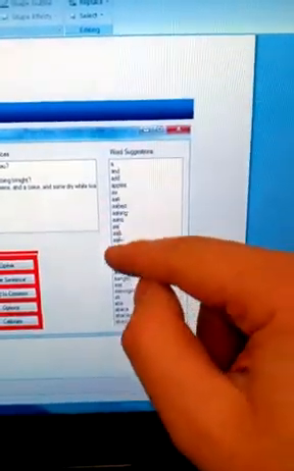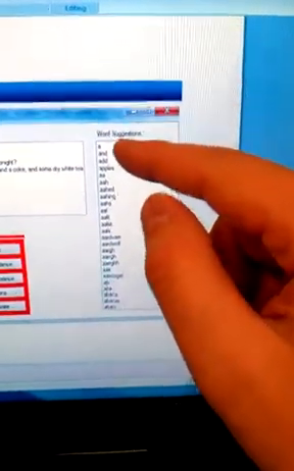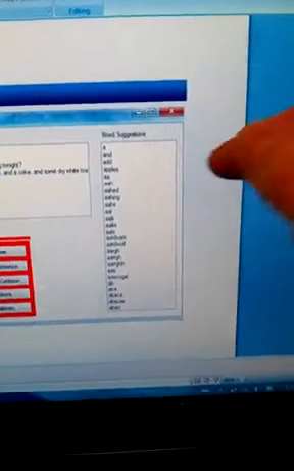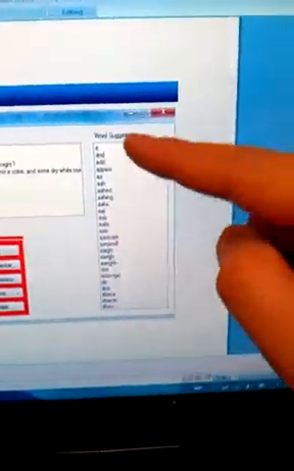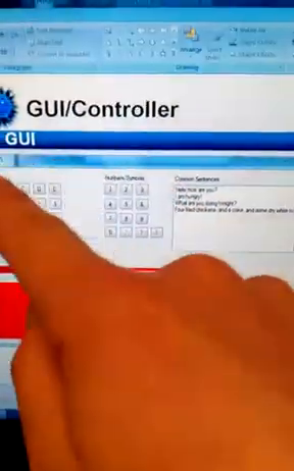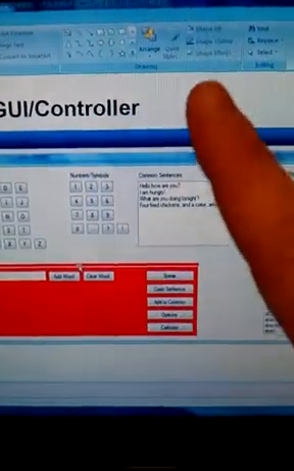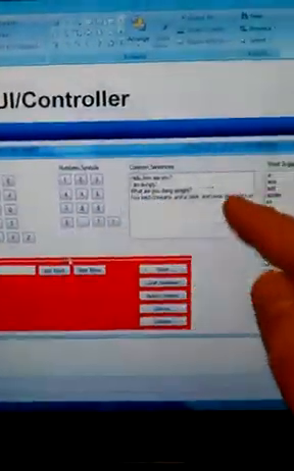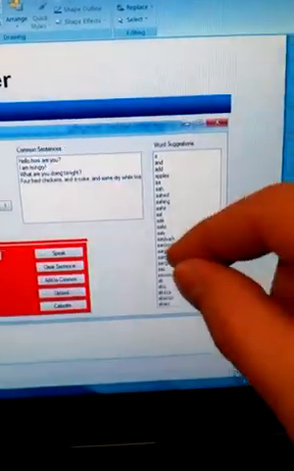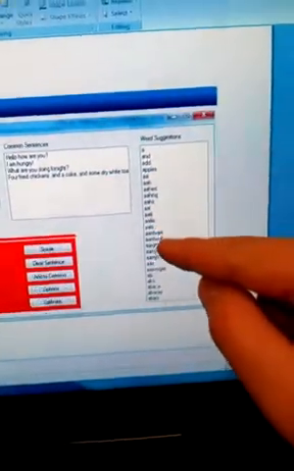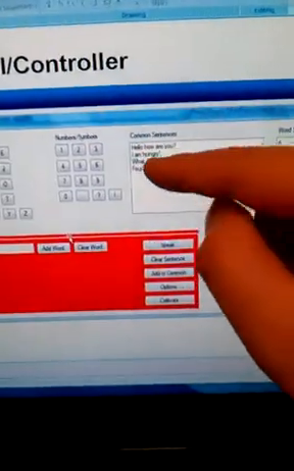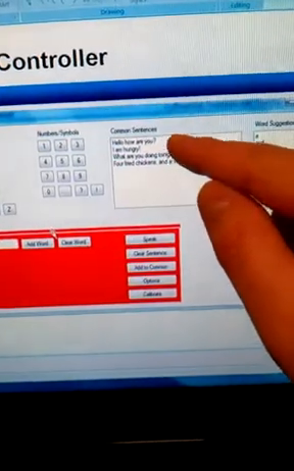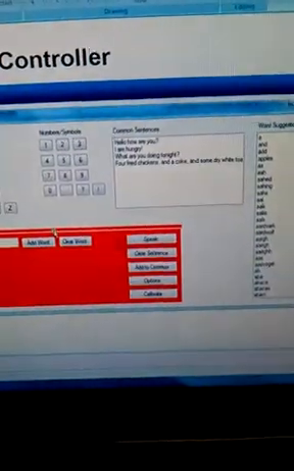Also, once it's put in here, over here in the word suggestions, all the words that have been used before that start with M will be brought up here. I guess, overall choices that you can make, the outer ones. You could then select word suggestions and select a word. You could also go in here into common sentences and say something that you've said before, which will help speed